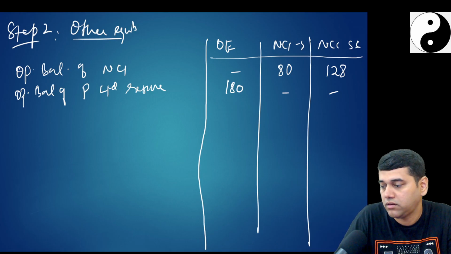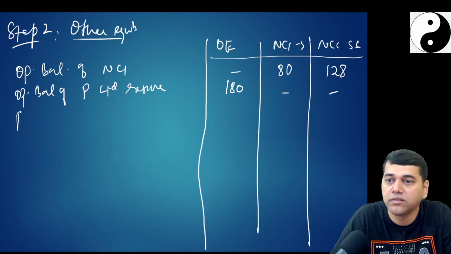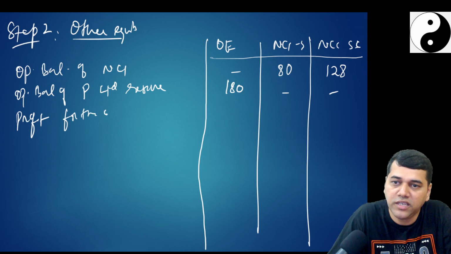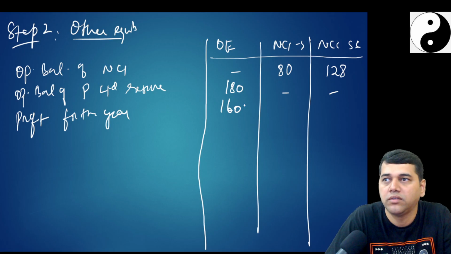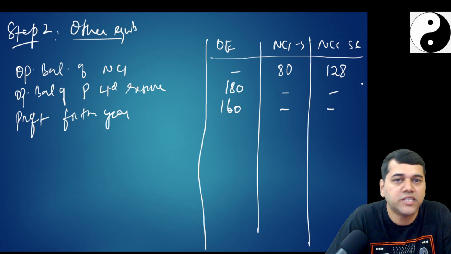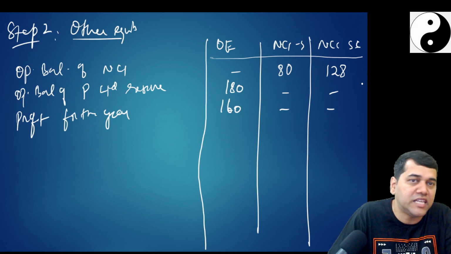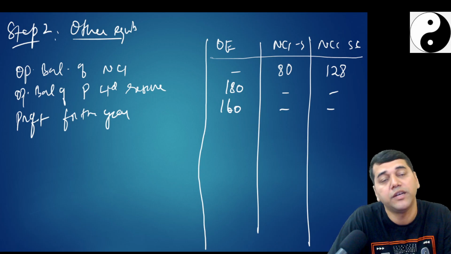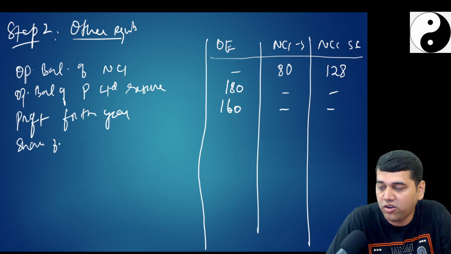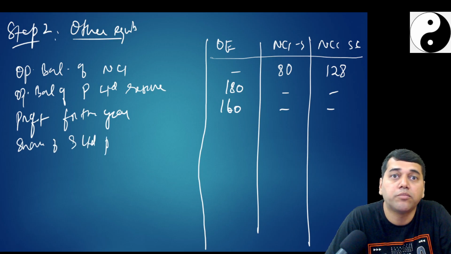160, I will show profit for the year of P Limited, because they didn't give me the breakup. At least reserves, I can assume it is opening balance. Retained earnings, definitely I will assume to be the profit for the year. Their share I will not take. Is there any other adjustment related to P Limited, given dividend to their shareholders and all? No. So I'll go to the share of S Limited profit.